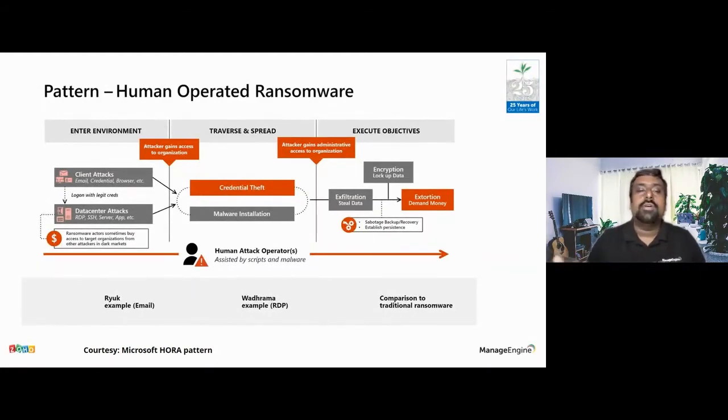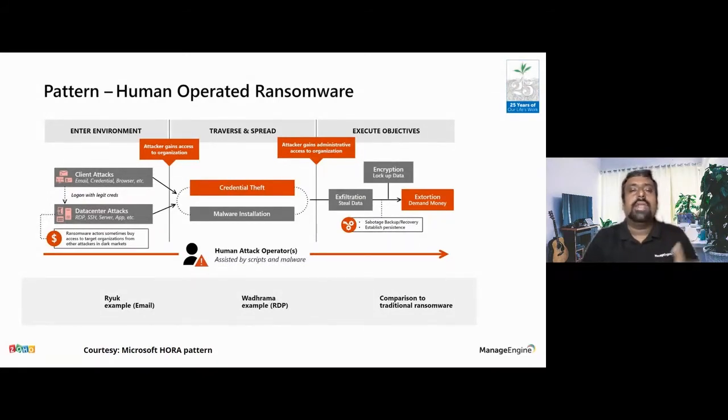That's the whole point of what they're coming to say. So when the first phase and the second phase happen, you will absolutely have no clue of what they are going to do, even with your endpoint securities in place. That's going to go into probably the credential theft. If you look at it, in the first phase, you have your emails. If a client clicks on an email, immediately it's not going to affect the system. Probably it's just going to try to enter the environment and sit there like a legitimate file. Once they gain access to the organization, then the next set of policies or next set of code gets executed.